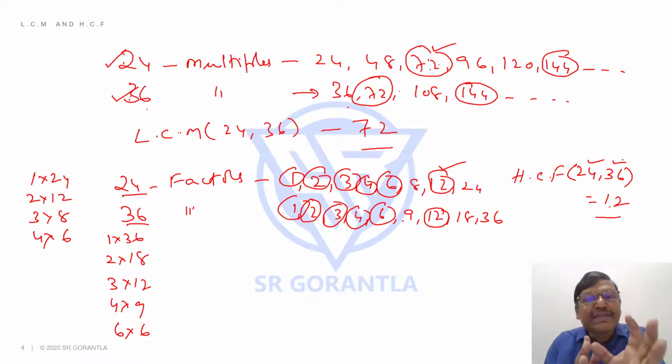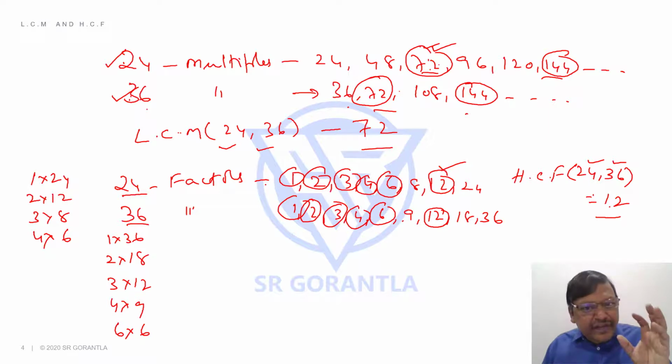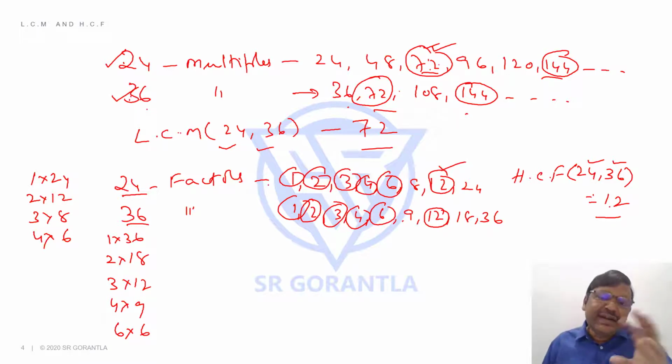Students, this is important. LCM is the least number that is divisible by the given numbers. And HCF is the highest number that divides the given numbers. It's a factor, so it divides the given numbers. Why I'm stressing this point, students, is, when we come to questions like what I've just shown you before, they will not ask you directly, please find LCM or HCF. So when they give a story like that, it is for you to understand whether the question is based on LCM or HCF, so that you can decide if you have this basic understanding, right?